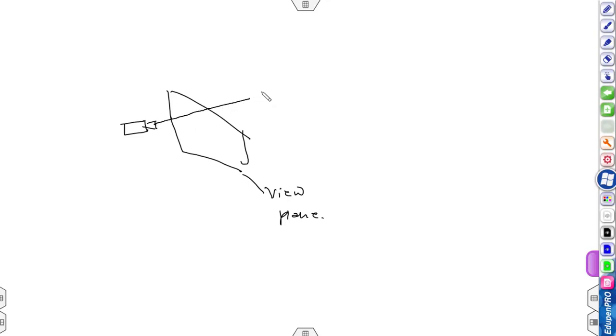In backward ray tracing, we just reverse the forward ray tracing. Suppose we have a camera, and this is the view plane. Here we emit a ray from the camera, and once it hits an object, it may be reflected or refracted. We then add the contribution of those rays which reach the light source.